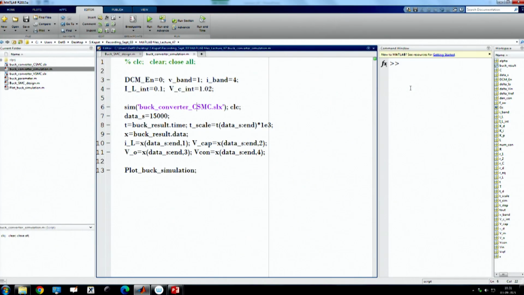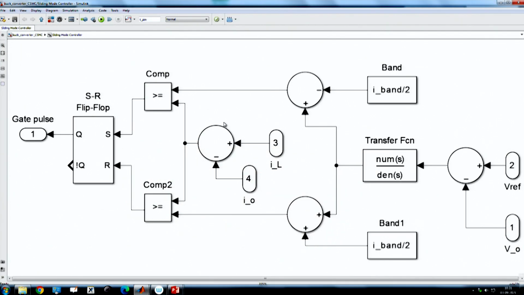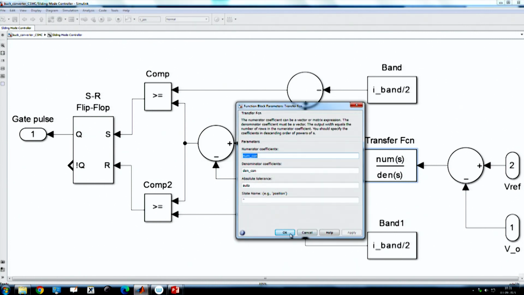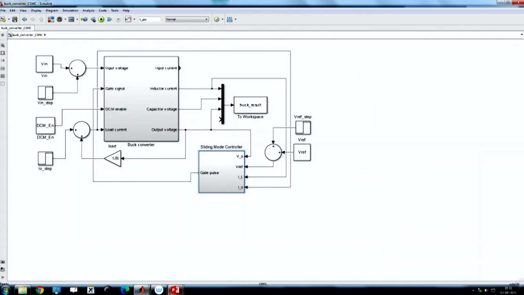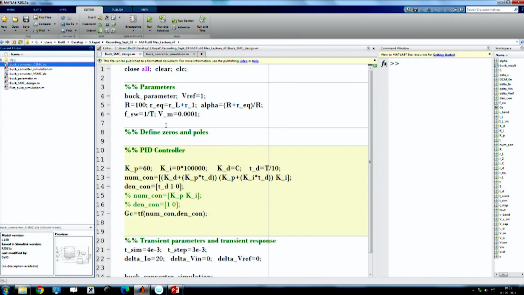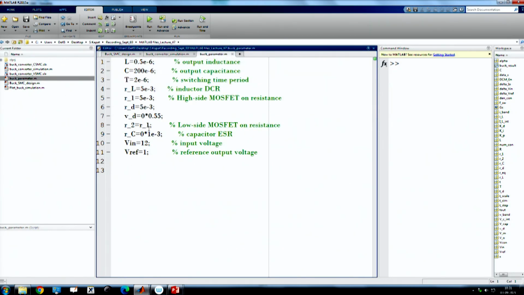I just want to go to the MATLAB simulation. First, I want to show you the implementation that I have just discussed. This gain I am setting externally, and this is the logic, numerator and denominator, and this is my band. If you go to the top block, this is my realization. Now, this is my buck parameter. You can take an ideal buck to start with, and put all the parasitics to be 0, no problem.